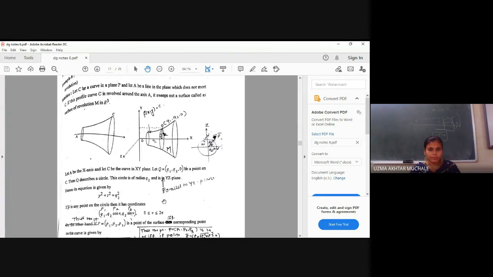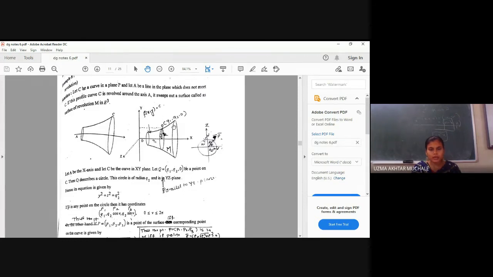at 1 point. In this example, we have seen in the last lecture that we have a curve in the xy plane. We have to revolve this curve around the x-axis or y-axis. You can revolve about any axis. And suppose, instead of revolving the whole curve, let us concentrate on only one point. After revolution of this point around the x-axis, it will give you a circle. So at every point you are getting one circle.